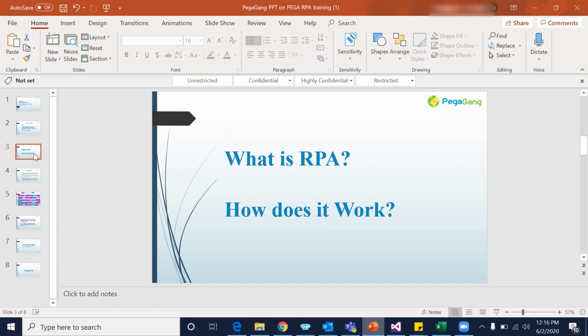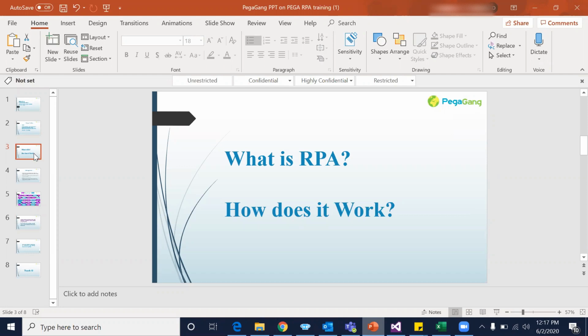Don't consider RPA as AI, artificial intelligence. It doesn't take any decision. Suppose you have a very high volume to process that is properly rule based, and you know what to do at each and every step. Then it can handle all the volume with minimal, you can say zero, error. Being a human, if I work for 7 to 8 hours, after that I may make some mistakes. But the RPA process won't. That is the biggest advantage.